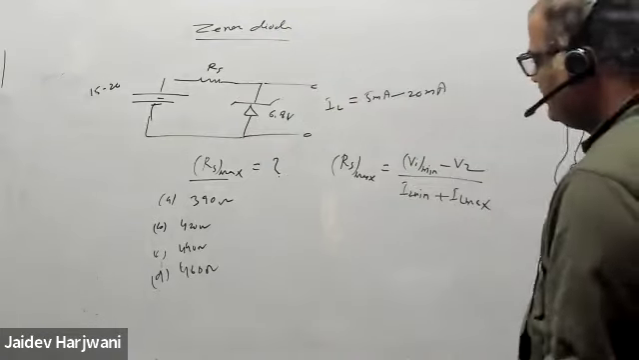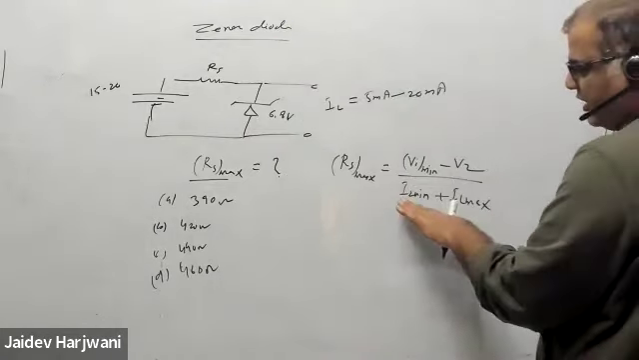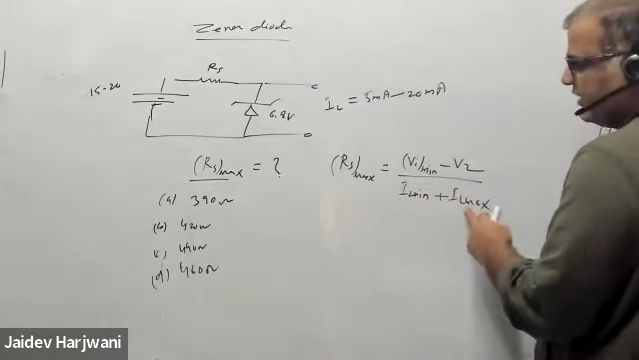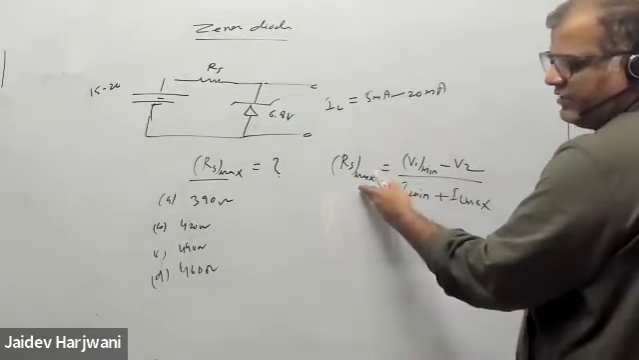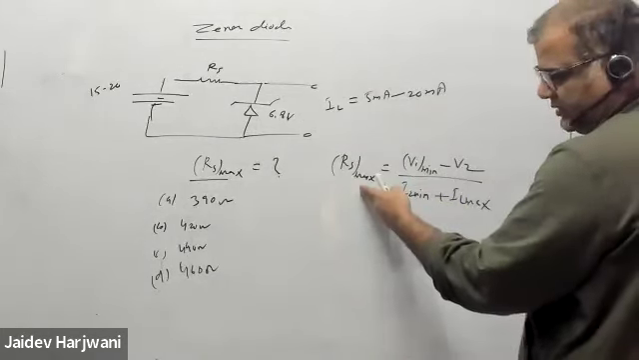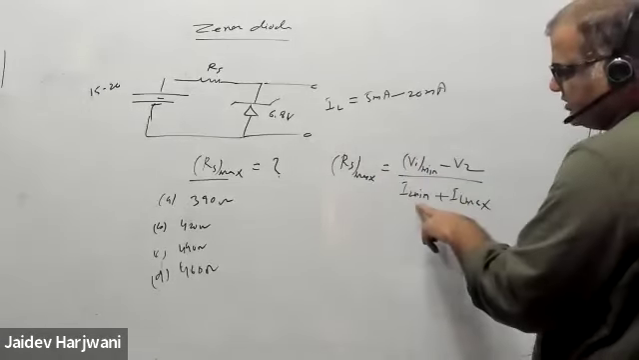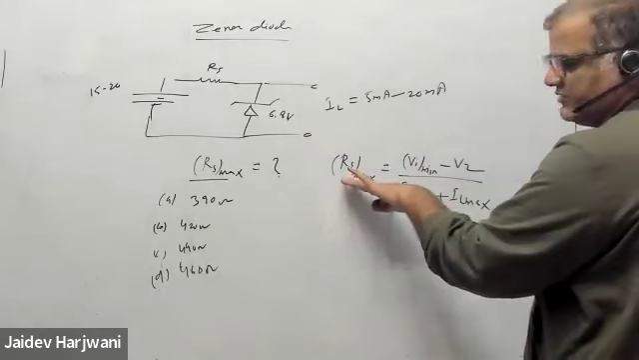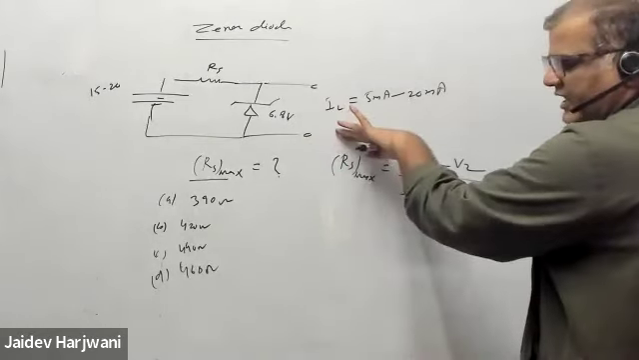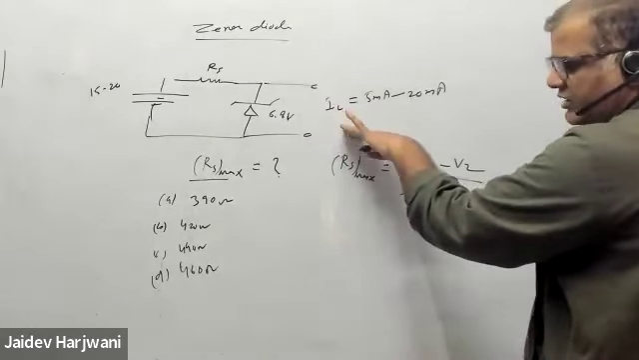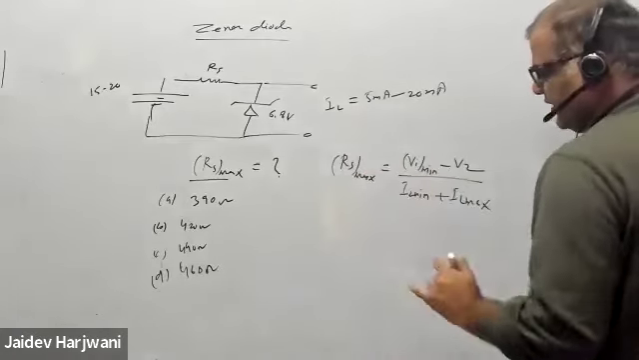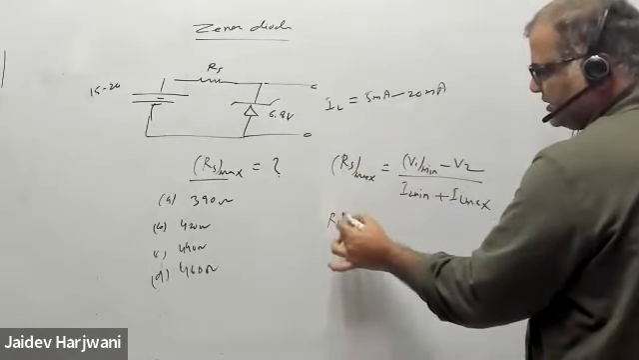If IZ minimum is given in the question, then you can get the exact value of RS max. But if this is not given, then your RS max limit will go slightly higher, so your actual resistance will be less than that resistance. So you can write here RS max